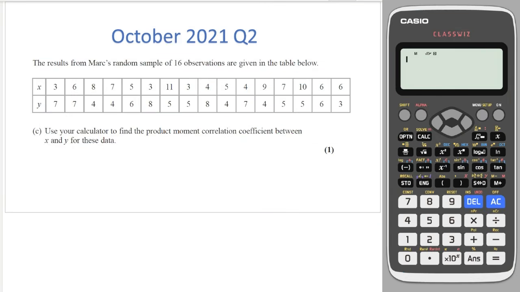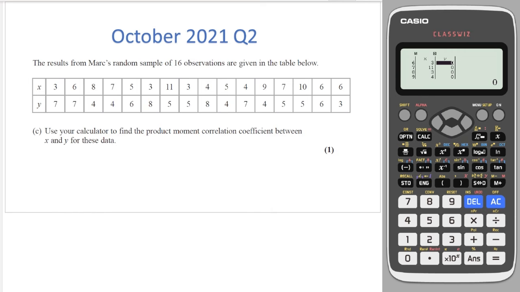Let's do this. Okay, first question, and we need to work out the product moment correlation coefficient. So I'll go into my calculator and I would press Menu, and I'll go to Statistics, and then I'll go to option number 2 for y = a + bx, and then I would type in all my numbers. So I would go 3, 6, 8, 7, 5, and then I'll go all the way down to the bottom. Okay, so I've just put in all the 16 for the x,